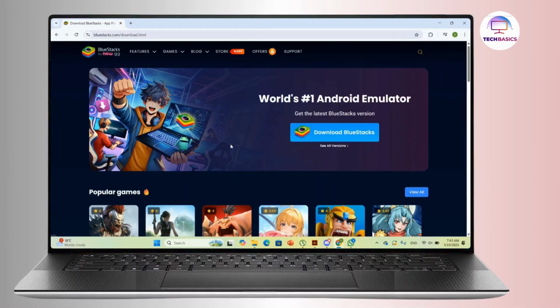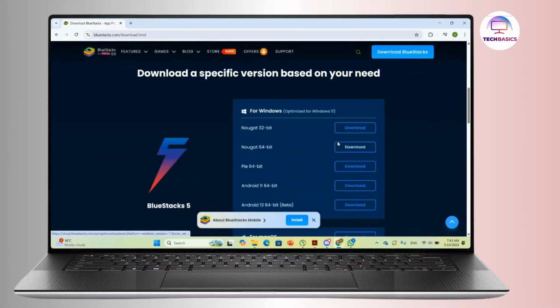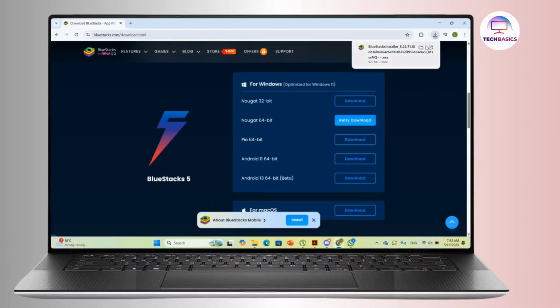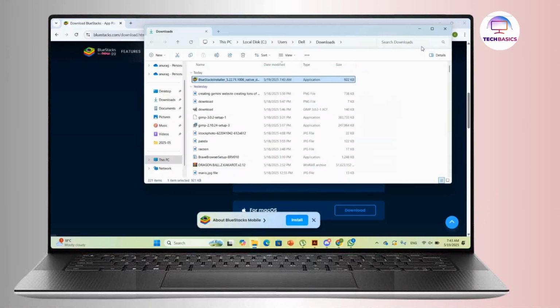Now here on the homepage, you will see a download Bluestacks button. So simply click on it to start downloading the installer file. And once the download is complete, you can go to the downloads folder and double click the BlueStacks installer file,